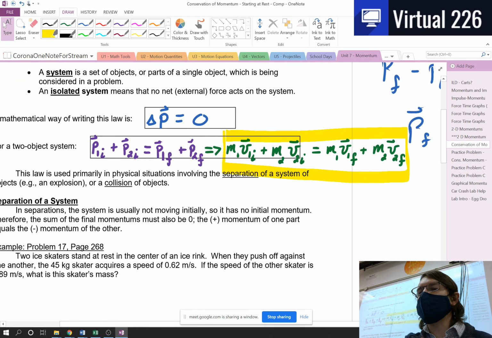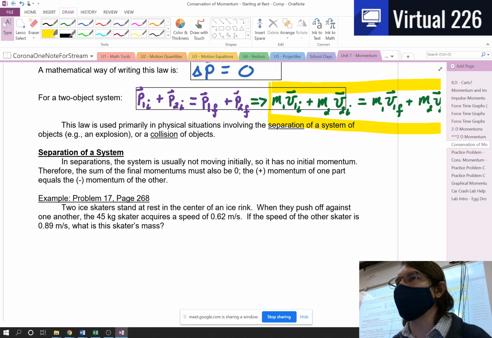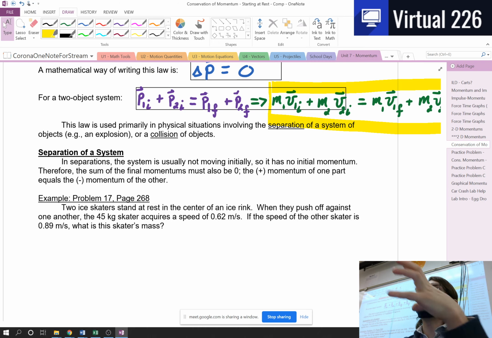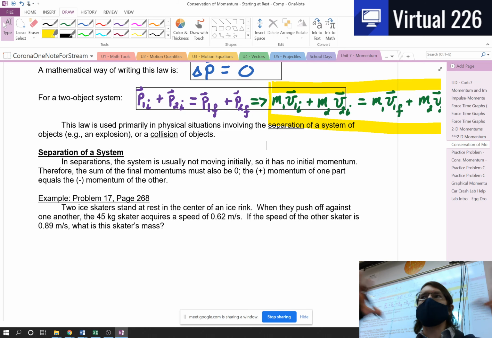Now, the first type of momentum conservation we're going to look at is the idea of a separating system. So imagine you have a bowling ball and then it explodes. Don't ask me how a bowling ball just exploded, but it did. Well, this means that you have many pieces of the bowling ball going in different directions. And if that bowling ball was just sitting there initially, the bowling ball's initial momentum was 0. It wasn't moving. Which means that the final momentum has to also be 0. Well, how could it be 0 if everything on the bowling ball is moving now? It's exploding. It's going everywhere.